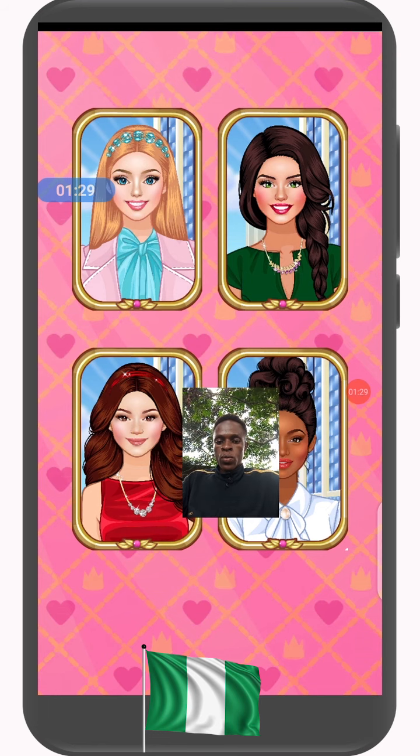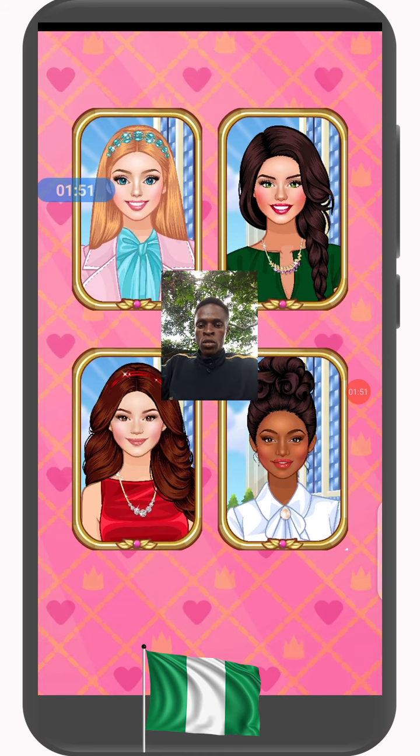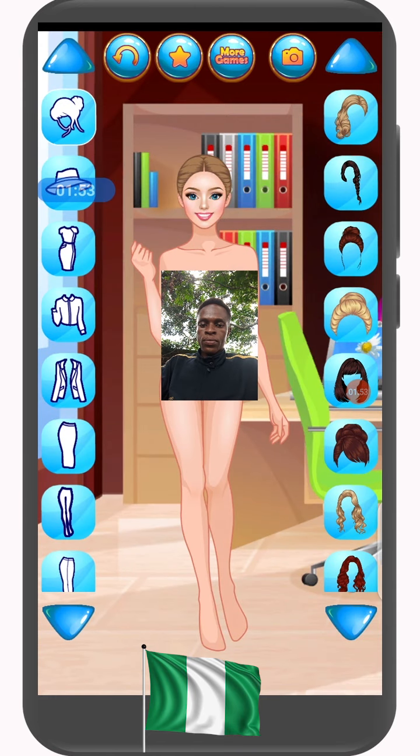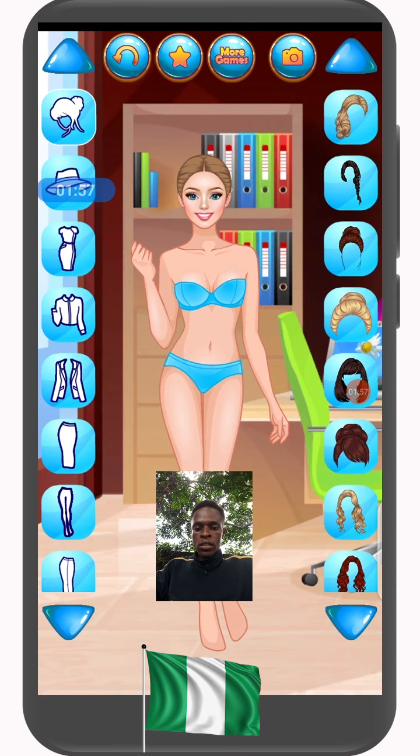So this is the Office app which has just finished loading. The four images you are seeing here are different faces which you can dress up and use in coming up with a unique figure you will want to use for your designing. So which one do we take now? Let's pick this first one. You just click on it, and once you click on it, it brings up something like this.